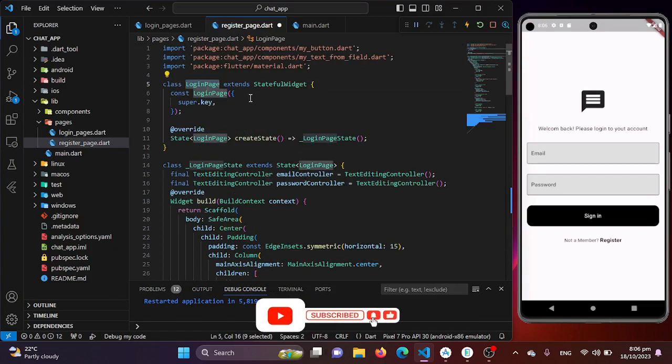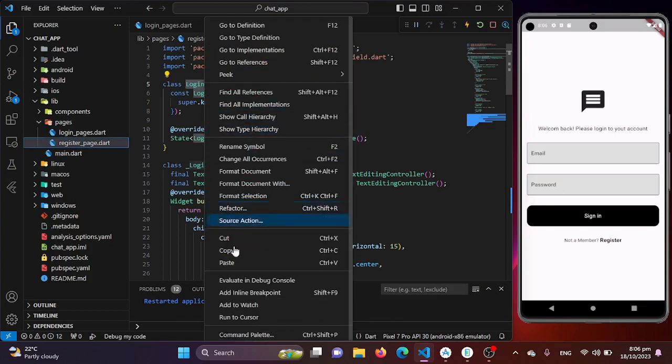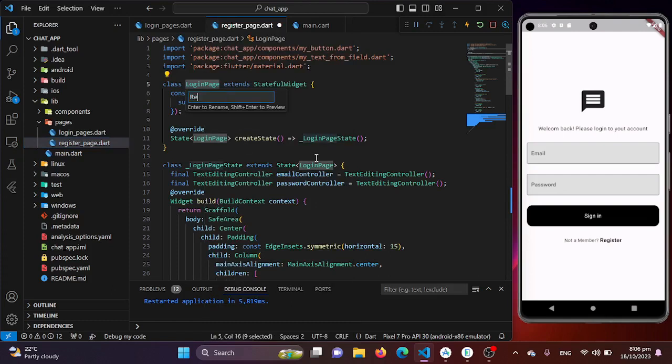So first I will be renaming the login page class name to register page. So let's rename it to register page, and wherever the login page was used, it has been changed